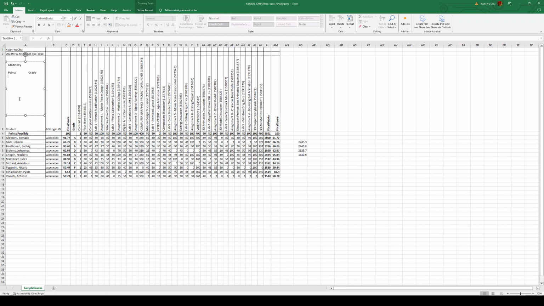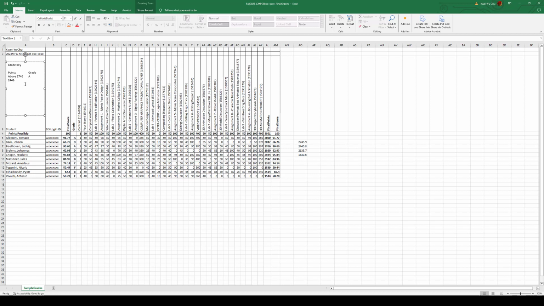Here the points are going to be, let's see, above, and we can see this number is not a whole number, so I'm just going to round it up: above 2746, and the grade's going to be an A. Okay, there we go. And then the next range is going to be the B range. So B is going to be 2441 to,